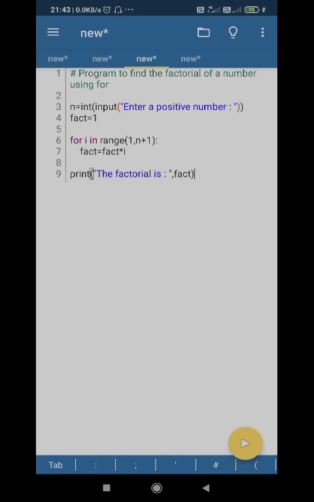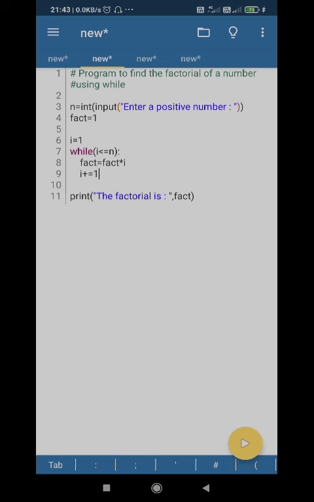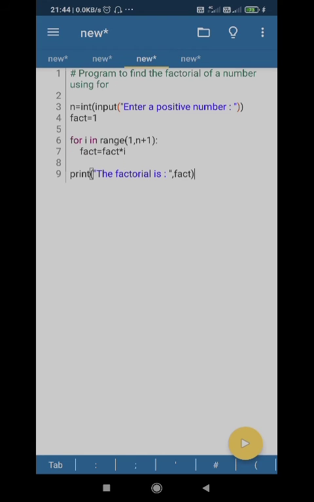Only two statements are added there, the for loop and the loop body, and the last print statement is also the same. So here, I equal to 1, while loop, and two statements inside the loop body. These four statements, 6, 7, 8, 9, are replaced with 6 and 7. Two statements are there, the for loop with the iteration statement, and the loop body.